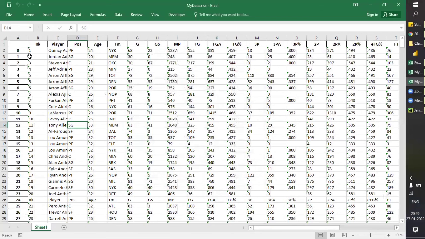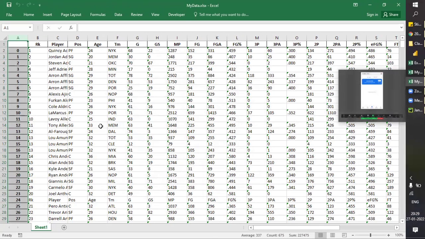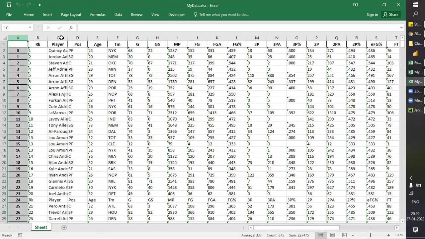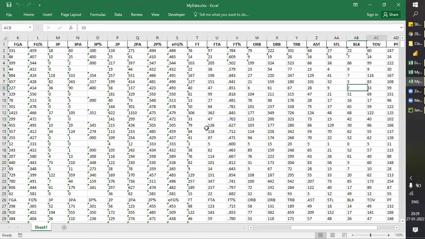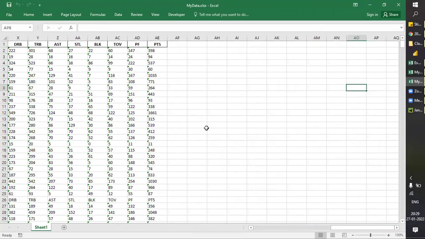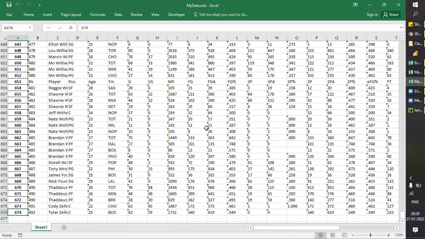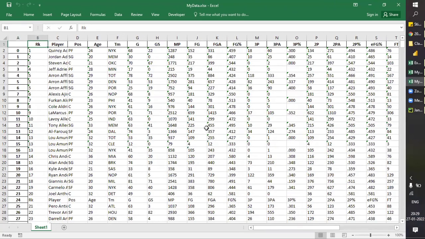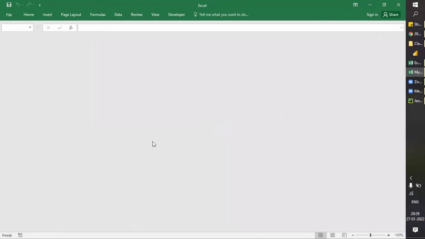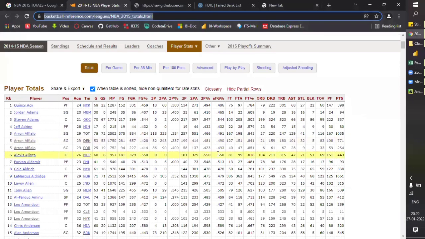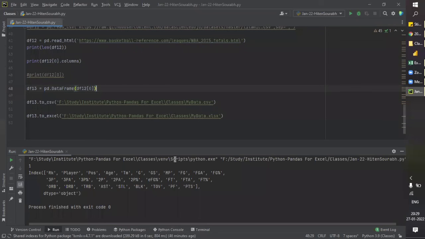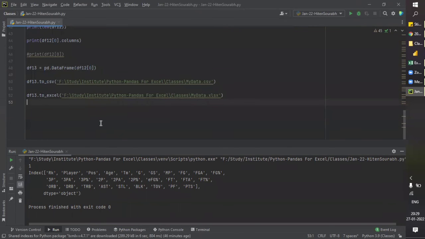And this is just an additional index column which Python has given to it. So you can just remove this, and our data is up to date. So all this data, we have just downloaded. This is our Excel file, this is our CSV file. So just download it and save as per your requirement. So this was all about how to download the data through the web.